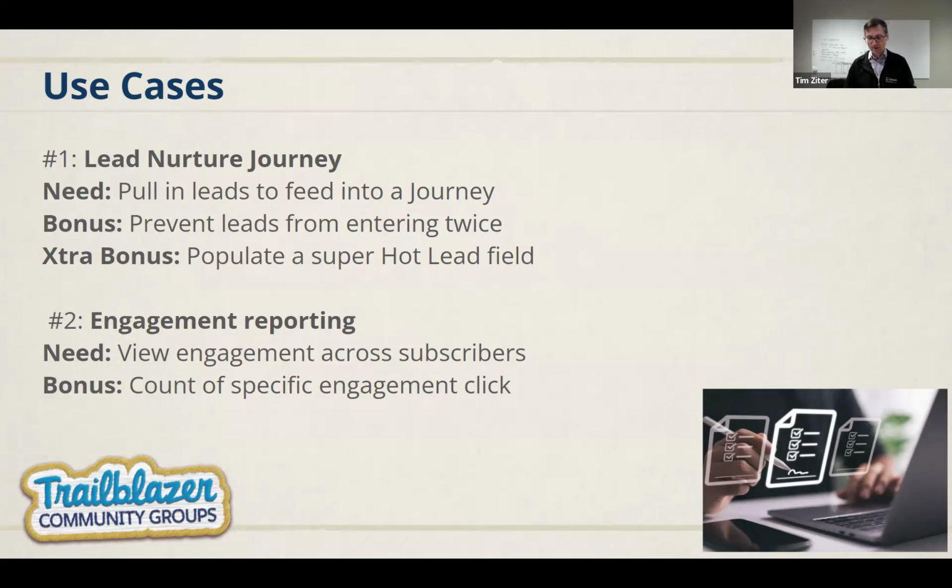And then we want to also prevent leads from entering twice. So we want to use a different type of join to dedupe our query against the data extension that they're going to be fed into the journey itself. And then for an extra bonus, we want to see if we can use a case statement and populate a super hot lead designation of specific leads depending on their status. So that's sort of the first use case. We'll probably only be able to tackle that today, but we'll see if we can do the second one, so let me give an overview of the second one,